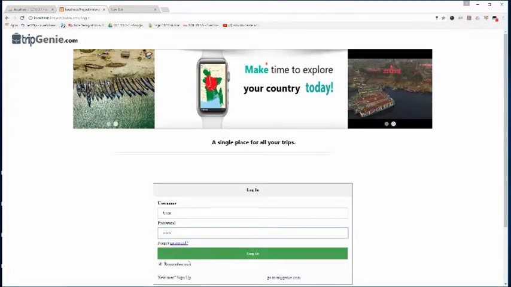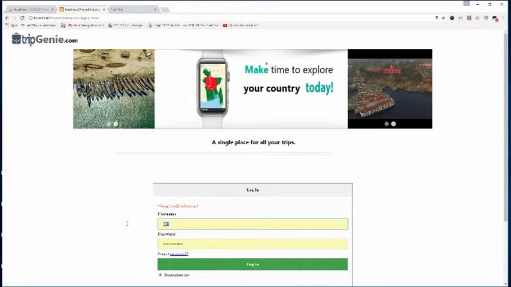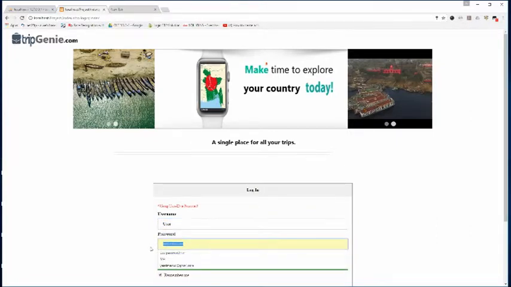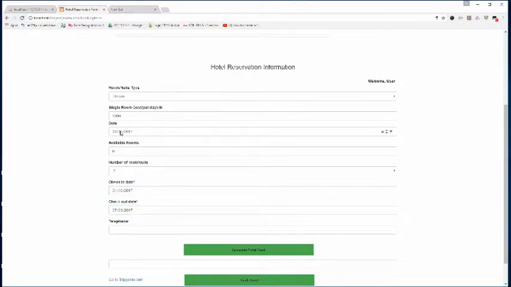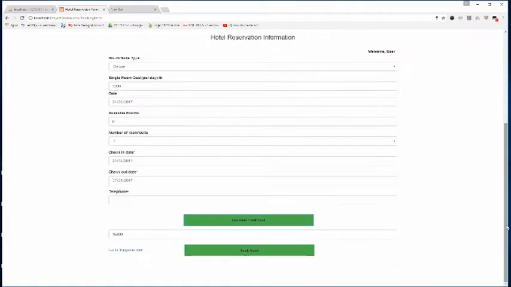If we enter 30, it will show 0 because there is no room allocated for that. It is an invalid date because our first date is 30, but our initial date was 20. There is no room available for that date because we have not allocated it.